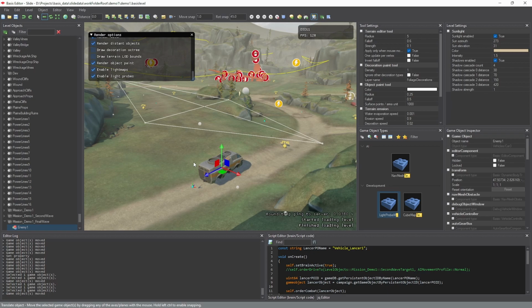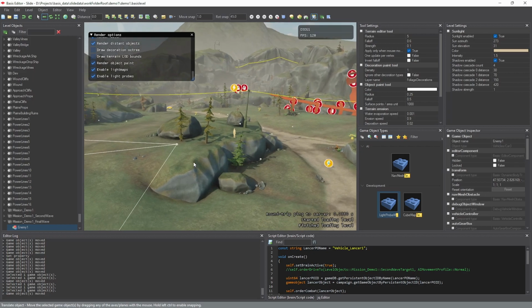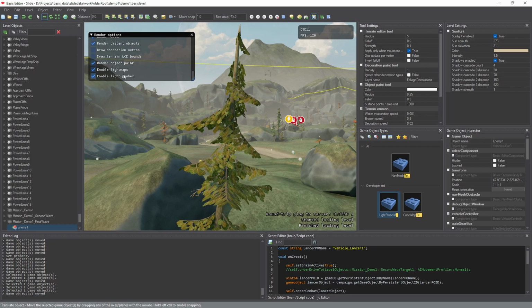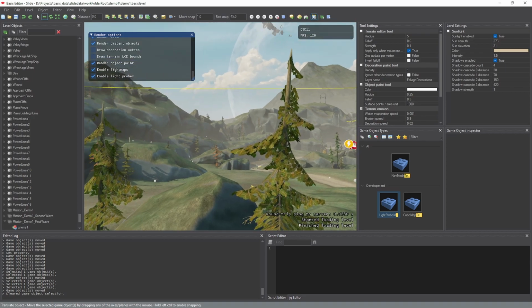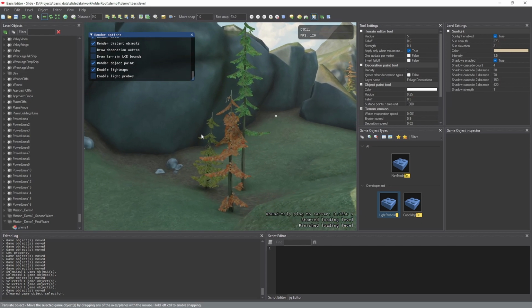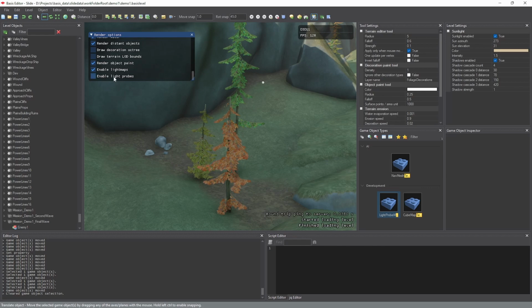But there are other reasons to use light probes, and like I mentioned, these leaves also use it. Here out in the sun, it doesn't matter much. You can just barely see that there's a little difference there on the bottom side. But if we go somewhere where we're completely in shadow, you can see that they look very flat without it, and actually having light probes enabled